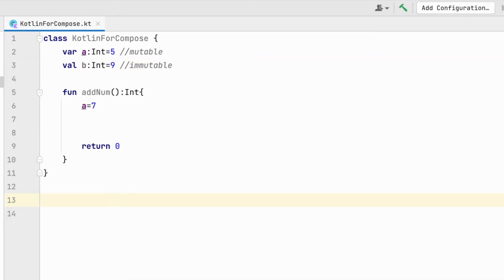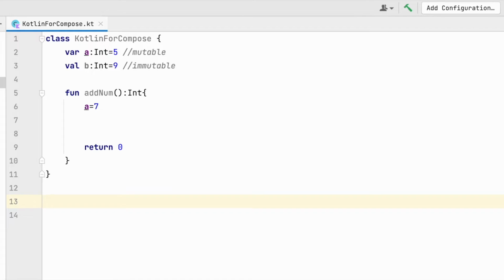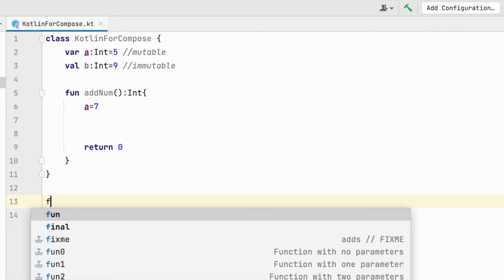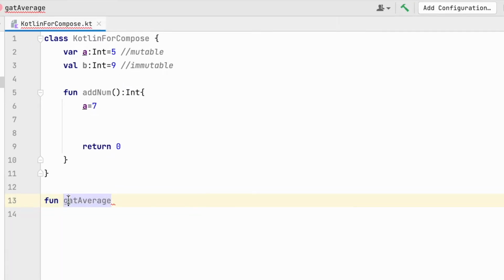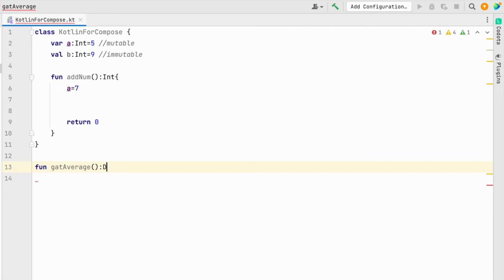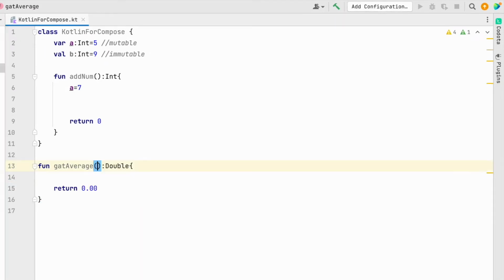The major difference between a function and a method is that a method always belongs to a class, but a function we can create outside the class. For example, I just create the function, so I use the fun keyword. So normally in a function, the function name starts with a small letter, right? So I just make the return type as Double. So another thing in a function is that's called named parameter. For example, what I am going to do is,